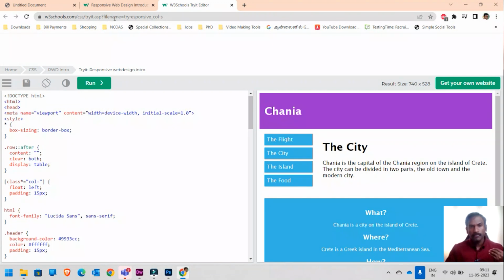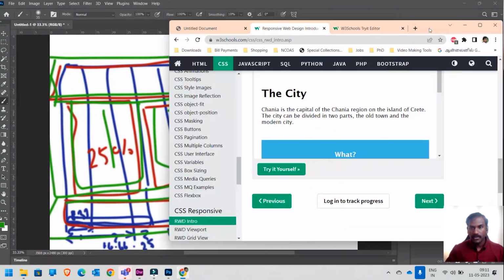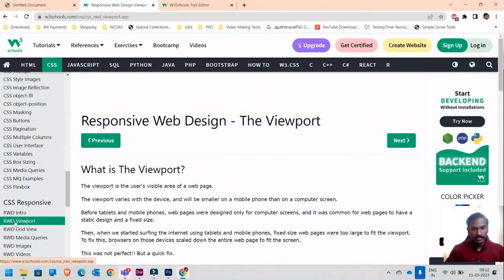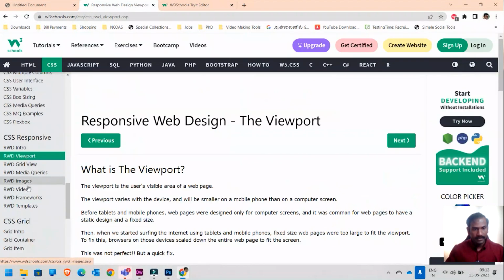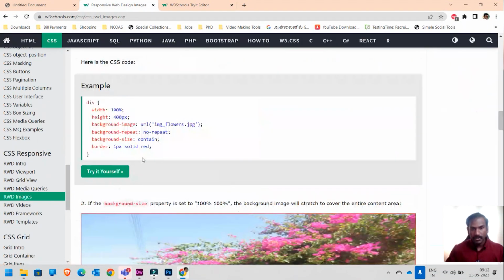Now, if you want to try out other stuff, let's say, how do I minimize this? You can also try out different things like viewports. You can try out things like images. You can have images that resize automatically according to that. You can also try it yourself, make changes,